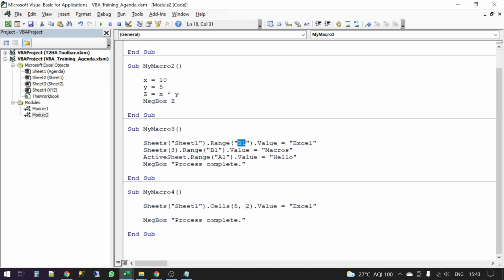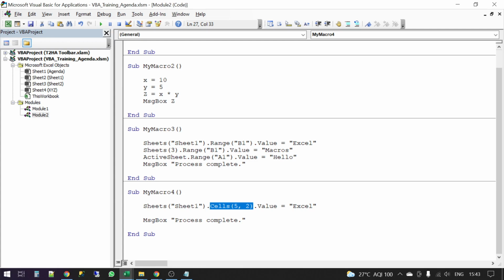If I have to perform one activity on 10 columns, say from column A to B to C till J, I cannot easily increment the column letter A, B, C, D. It is very difficult to do that. But incrementing a number is extremely easy. You just have to add one to it each time. That's the reason why you need a syntax which is like this.